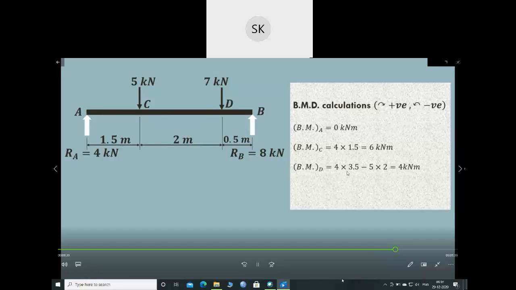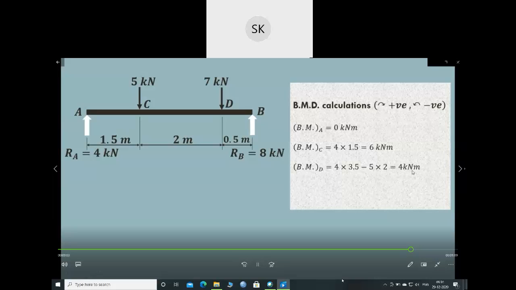So the first term is 4 into 3.5. Now this 5 kilonewton force will produce anti-clockwise moment, as its arrow goes in the anti-clockwise direction towards D. So 5 multiplied by the perpendicular distance between C and D, which is 2. So it is 4 into 3.5 minus 5 into 2, that is 4